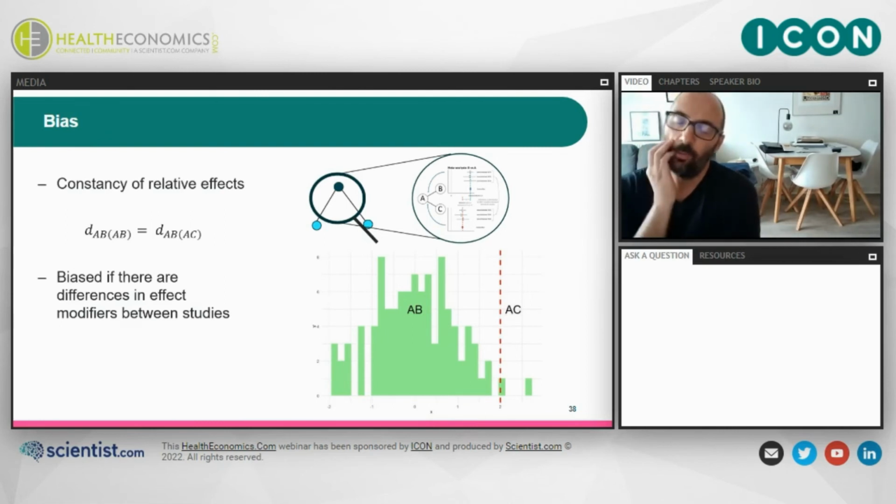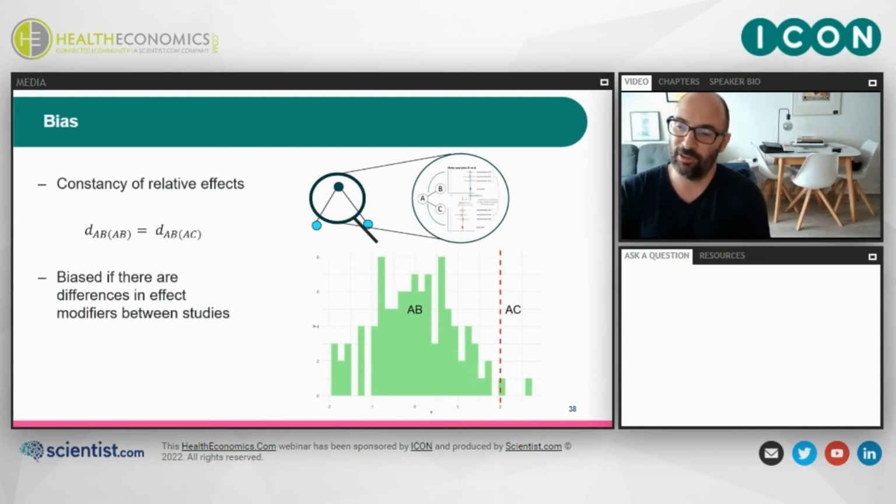Some of the issues with using MAIC are that it can only really be used in a limited fashion. It estimates relative treatment effects between pairs of trials, where we have IPD for one of the trials and we have aggregate data for another trial. So we've got this two-study direct comparison. This causes issues for larger networks and as networks grow.